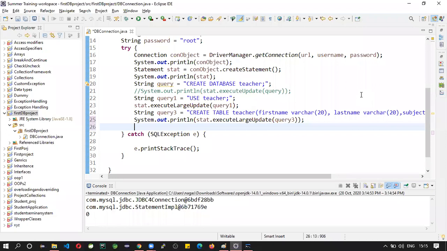So what is the query for insertion? Do you remember?